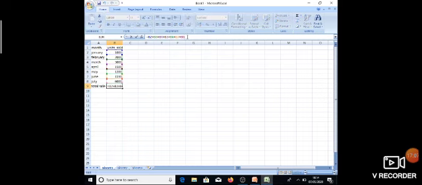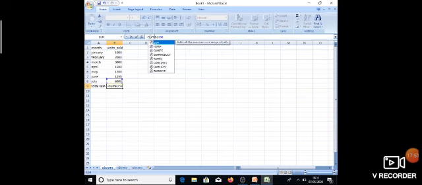If here you want to calculate the sum of all these units, you can write like this: B2, you want to add the numbers from B2 up to B8. So this is your cell range. So press enter. Wait. Something is wrong here. So for writing the sum, this is your cell range. But before specifying where you are using the cell range, you must write the formula over here.